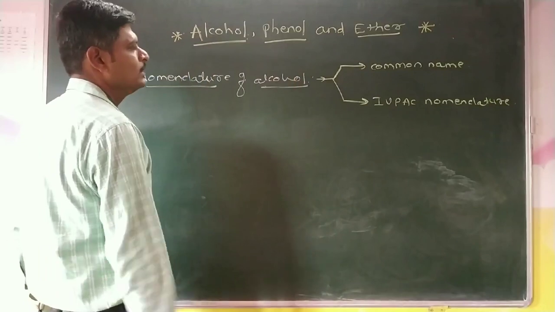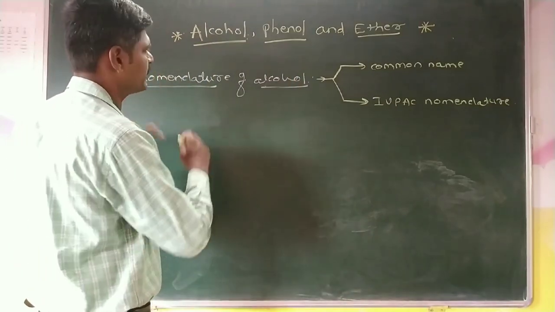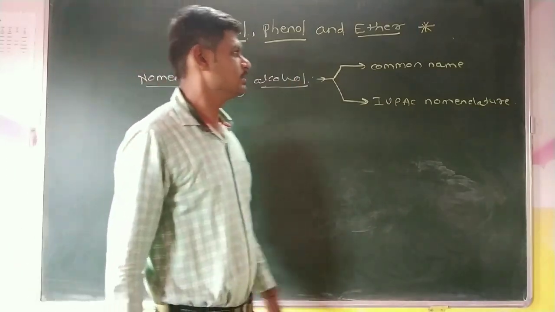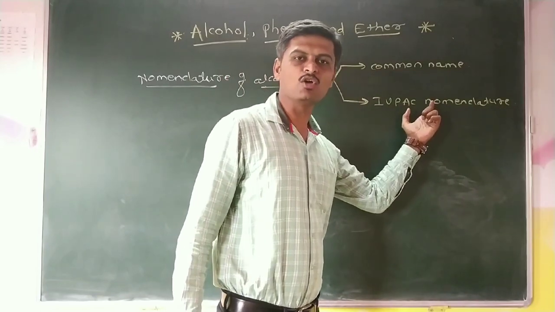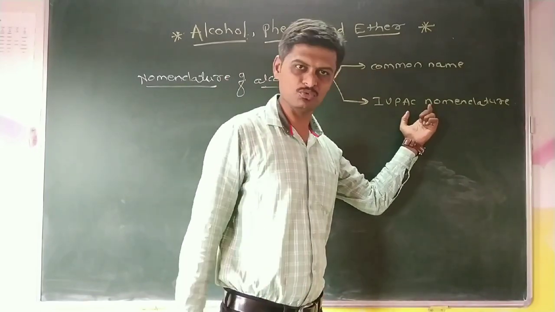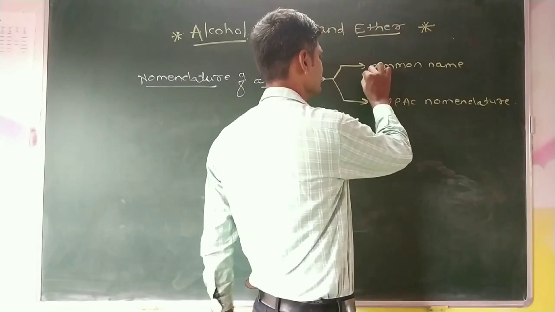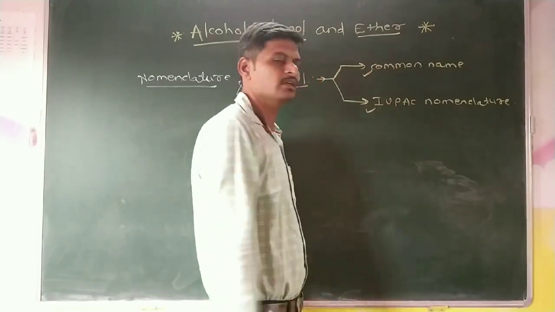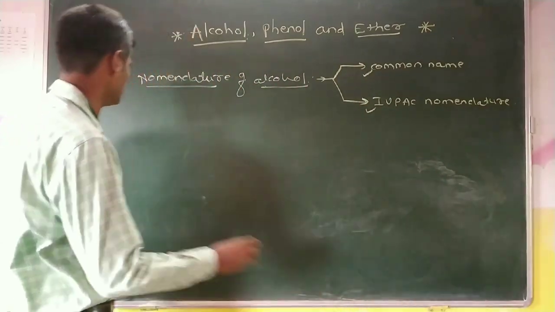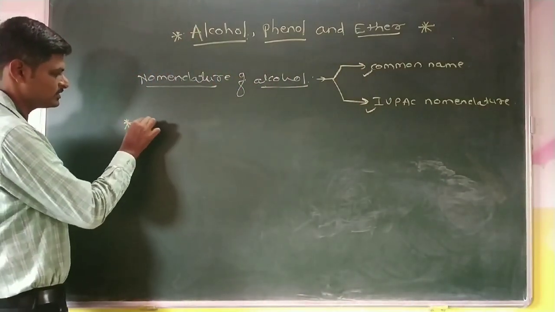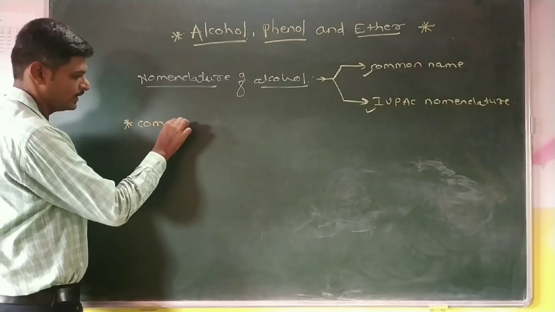But in the nomenclature of alcohol, most of the time the IUPAC nomenclature should be used rather than the common name system. First we can see the common name, after that we can see the IUPAC nomenclature. Then the first point is the common name system, that is the common name